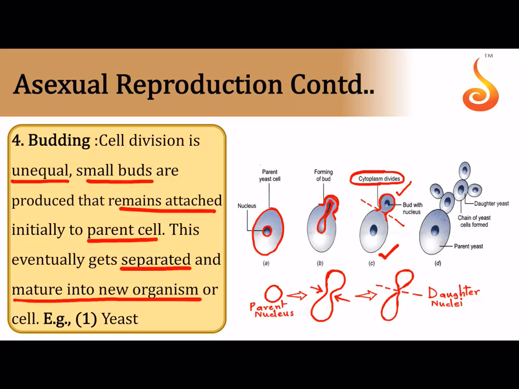Did you understand? So here also it is said that the nucleus does not disappear, but without the disappearance of the nucleus, what is getting segregated inside? Chromosomes. So once again, what is this process where a nucleus divides without the nuclear membrane disappearing? We call it amitosis. I had told you when I discussed binary fission in amoeba. Amitosis or direct cell division or closed mitosis. The best example for budding is yeast. Okay?